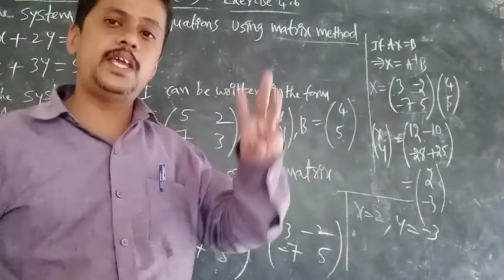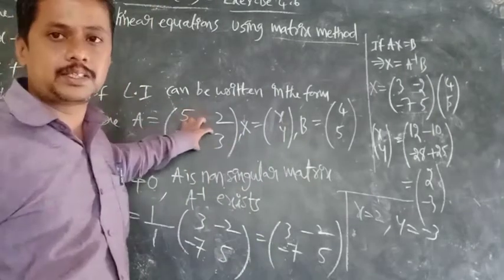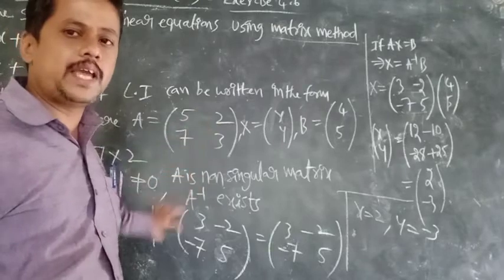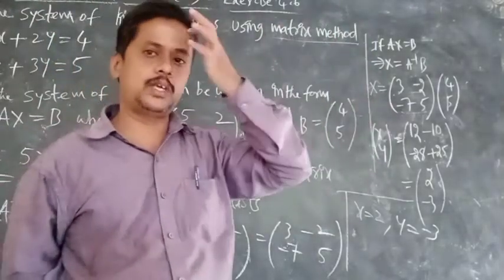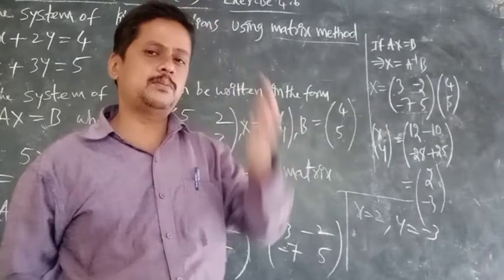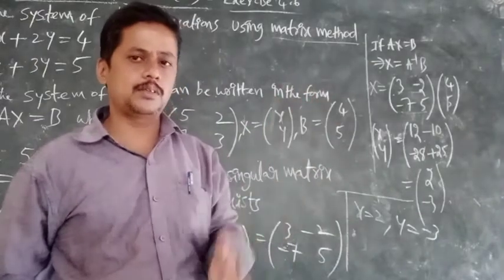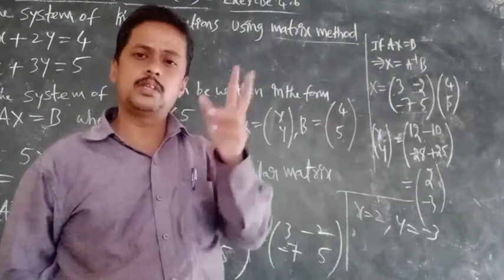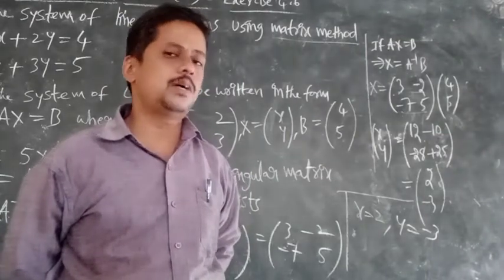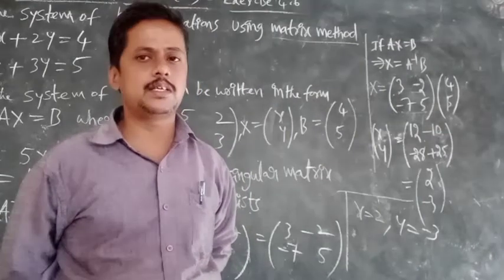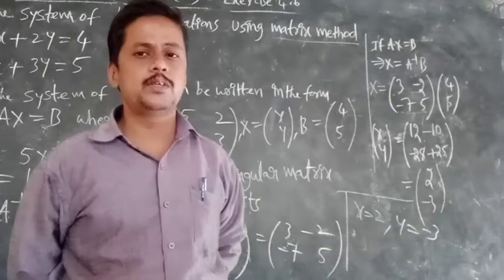If 3 equations and 3 variables are given, here it is a 3 by 3 matrix. First the adjoint, then the A inverse, with the same procedure. The A matrix, the X matrix with X, Y, Z, and the B matrix, a column matrix with 3 values. So it is a very easy method. A 5 marks question, very important: a 3 by 3 will be asked in the main examination. Okay, so learn this one.